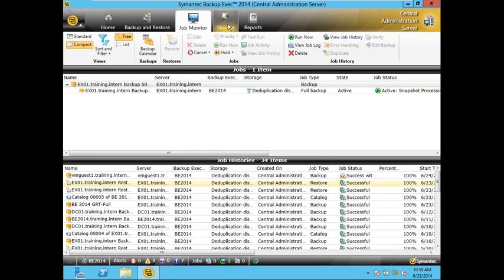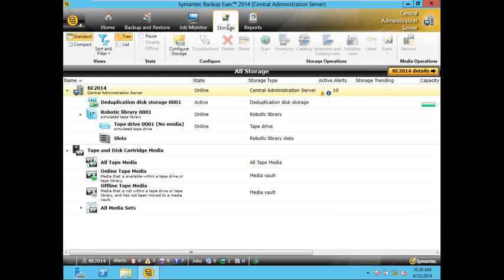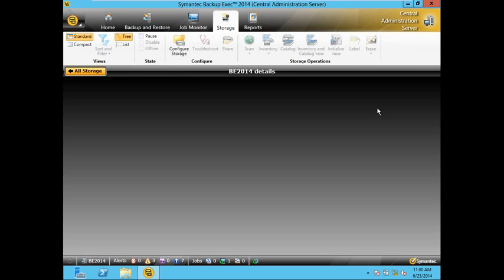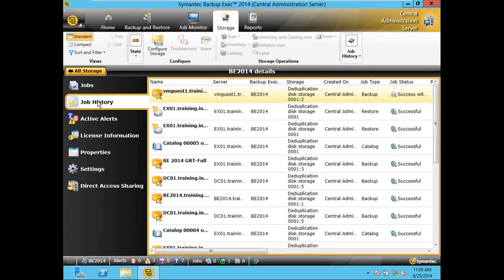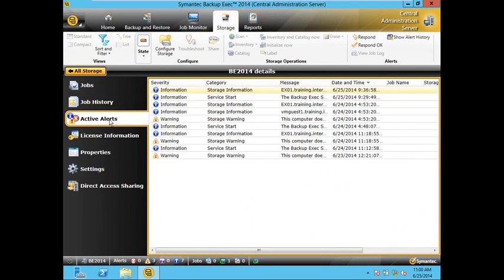Storage, still the same view, so you can create, add and edit your storage directly from here, whether that's just normal straightforward disk, or deduplication disk or tape libraries. It's completely up to you. You can run those jobs from there. The details, if I select, give me a view of exactly what's happened with this particular storage. What jobs have run to the deduplication disk? Well, these are the jobs I have run in the past. Are there any active alerts running on there? And it gives me settings for